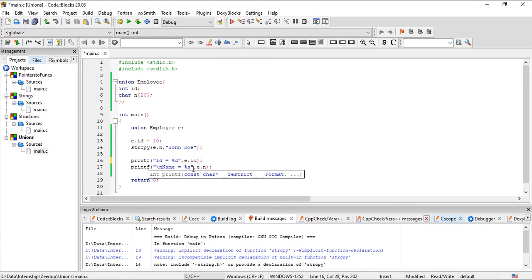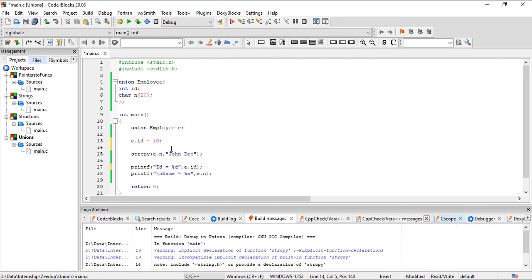Now in order to show the correct output, what you need to do is, as soon as you have initialized the value, you need to use the printf statement right there. Okay, so let's get rid of this printf statement from here. Let's just cut it and paste it here. So basically what will happen is, as soon as this variable is initialized with 10, it is printed, and then this value is overwritten using this statement, and then this value is printed.